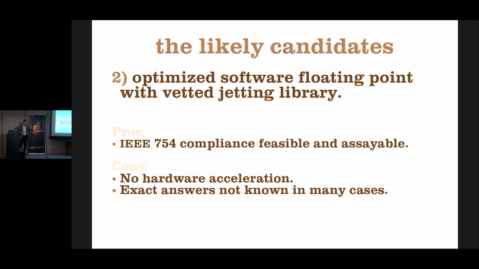All right, we're going to go with software. Then we can get 754 compatibility. This is actually one of the roads I've gone down more recently, re-implementing the BLAS library completely in software, so we get this quality for the vector library that we've written. The con is you don't get the hardware acceleration, so you're taking a hit there.